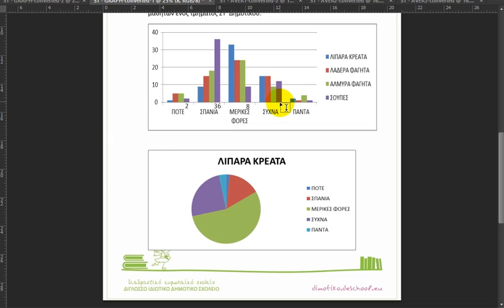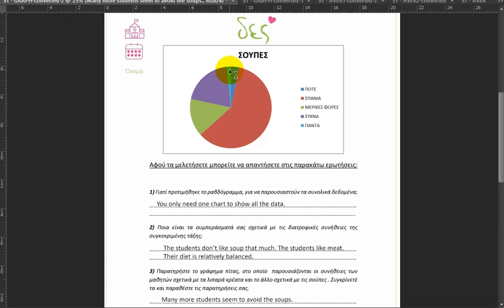Here, about 12 answered that they eat soup often. And here, about, let's say, 1 answered that they always eat soup. So if we add all of these numbers together, we will get the total number of students in the class. So that would be 8 and 12 makes 20, plus 1 makes 21, plus 2 makes 23, plus 36 makes 59. So yeah, a lot of students in this class, but